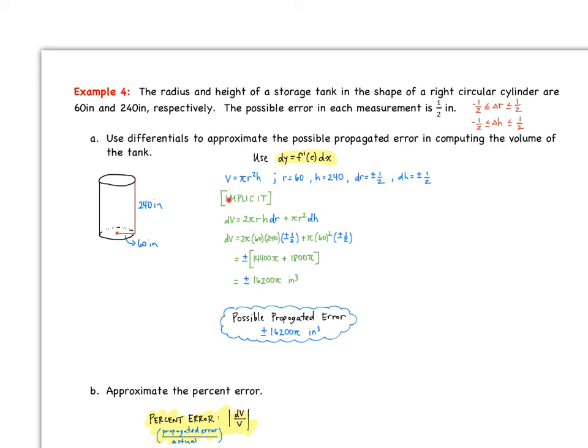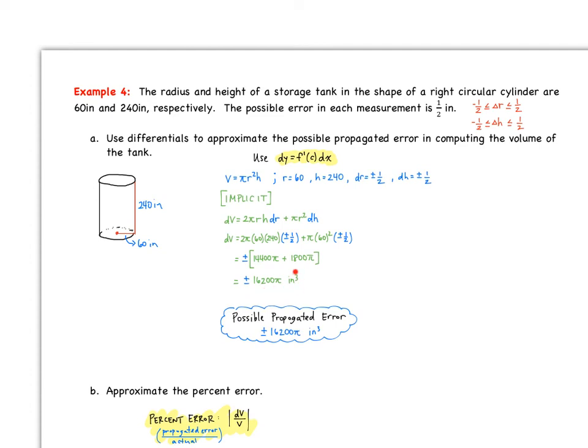So we take the derivative of v, we get dv. With respect to r, we move that power out front, 2 pi r, h is like a constant here, and then we have to have dr in there. Now using the product rule, plus pi r squared, taking the derivative of h, we're just left with dh. Now we can plug everything in. We know r is 60, h is 240, dr is ±1/2, and dh is ±1/2. So when all is said and done and cleaned up nicely, we get